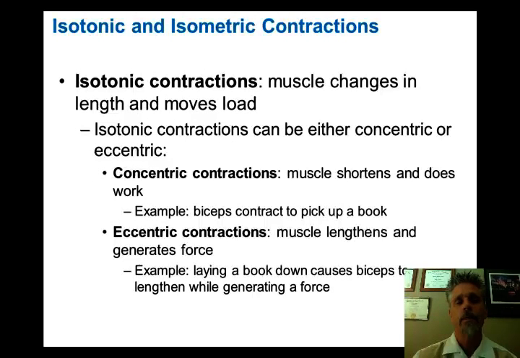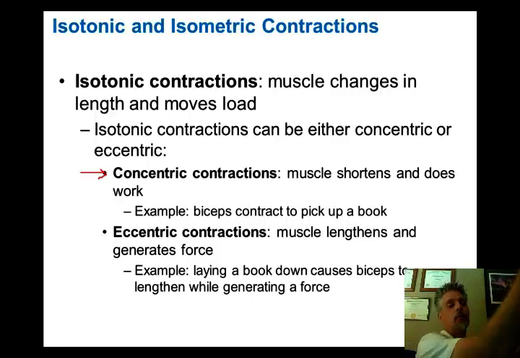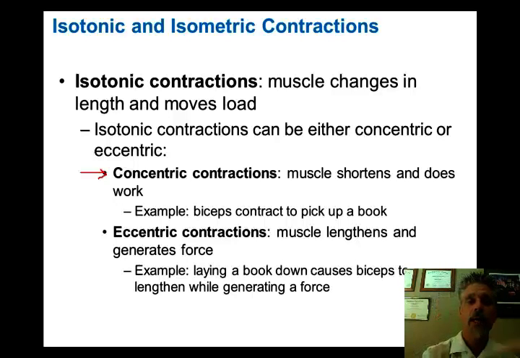Okay, so we talked about different types of contractions. We talked about when the tension stays the same, when the length stays the same. There are a couple other ones that you may have heard of or that you need to know in terms of subcategories. Isotonic contractions, like we said, the muscle is going to shorten, but the tension is going to stay the same. Now, this can occur in the normal way that you would think of, where the muscle is going to shorten, but in fact, with an isotonic contraction where the length is changing, it could actually lengthen as opposed